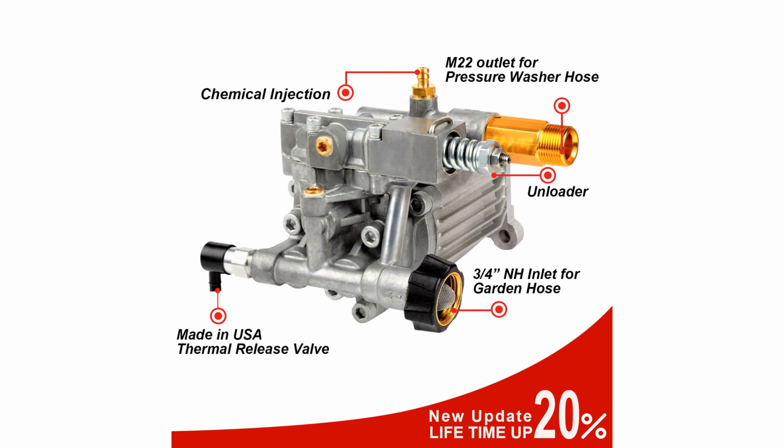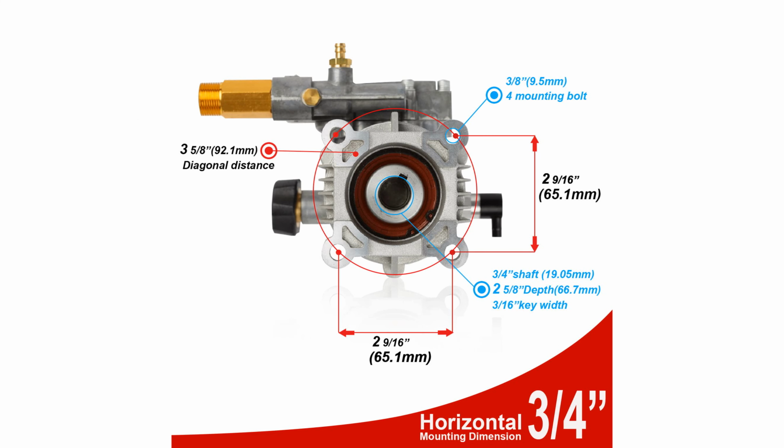time to 150 hours. Its compatibility with a wide range of gas power washers, including popular brands like Honda, Simpson, and Karcher, makes it a versatile choice for many users. The pump includes an adjustable unloader, allowing users to fine-tune the pressure to match their specific engine requirements, enhancing both